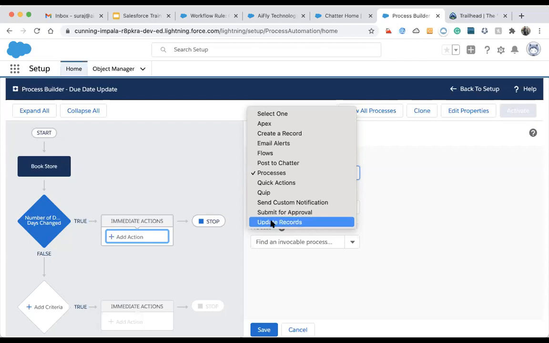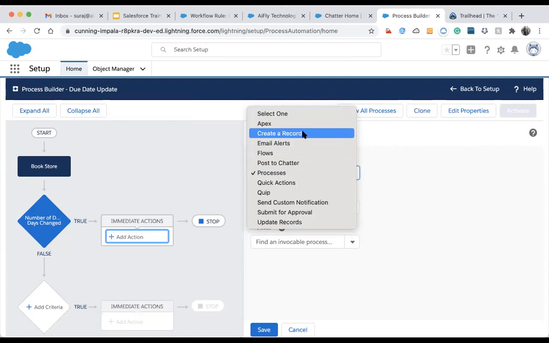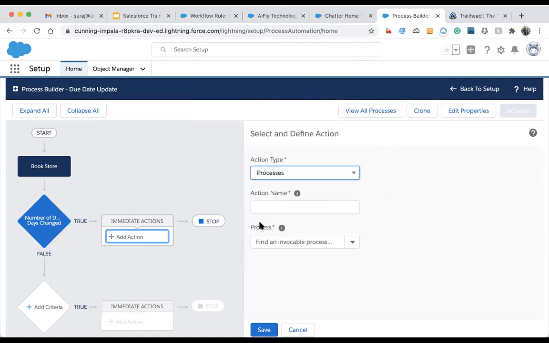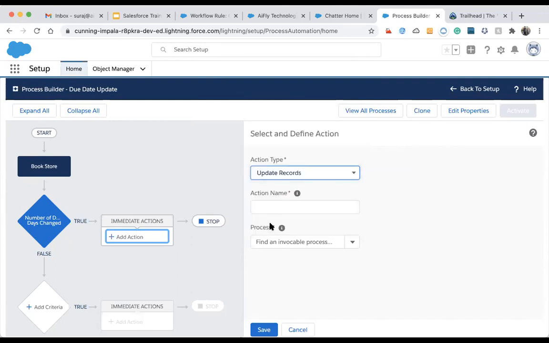And last we have update records. That is similar to what we have learned about field update. These kinds of actions are available over here, but in the workflow we have only three kinds of action: email alert, update fields, and outbound messages, and time based. So whenever we add an action, suppose I add the action update the records,